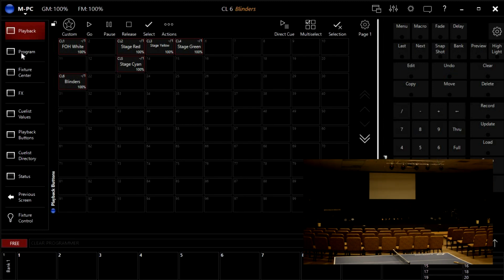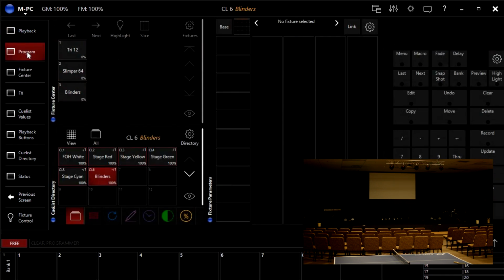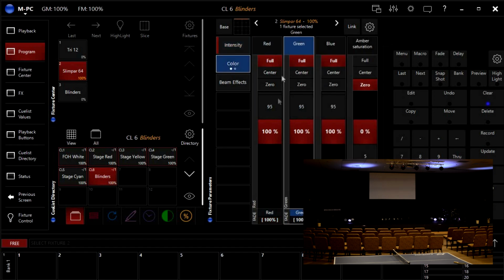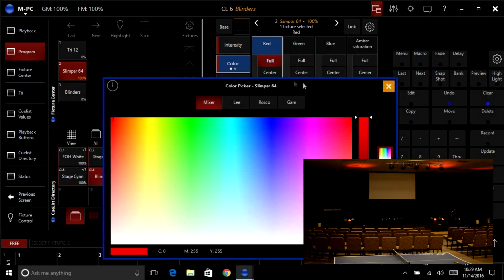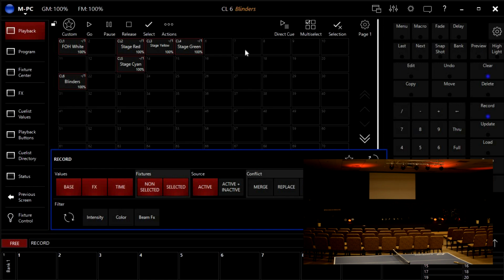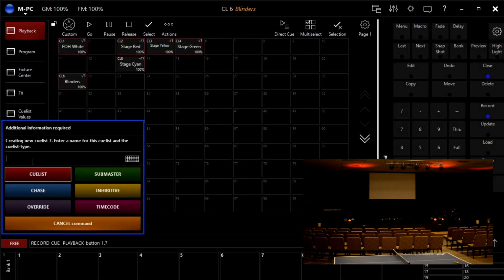We can clear that. And now let me quickly show you just how to create a chase. Go to program, and let's create a chase with the different colors here. So if we have a fast song and we just want the lights to move really quickly with the song, we don't want to click every time. Let's put our intensity to full. We select the color red, and we hit record, go to playback, just put it there, and let's call it stage chase,